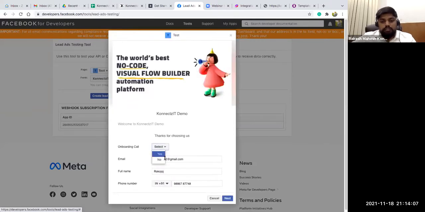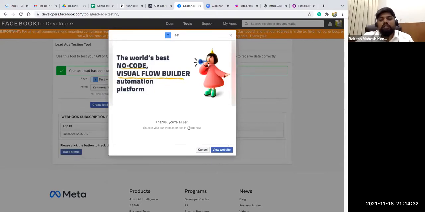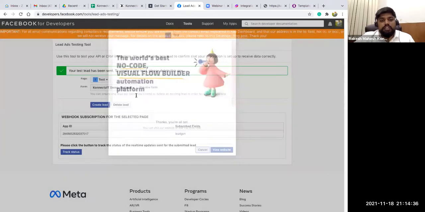So now I'll fill in other details, like probably I'll use John Doe, and keep the phone number the same, so I don't need to worry about that. And next I will click on submit. So now I just filled out the form with John Doe as an option.